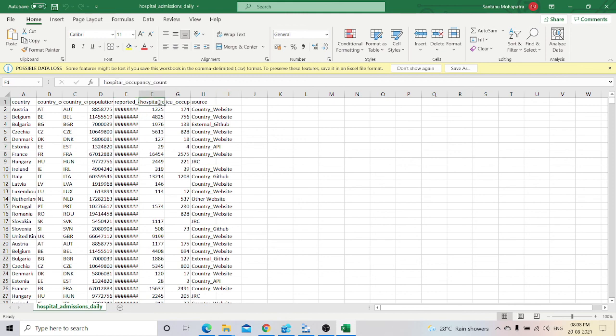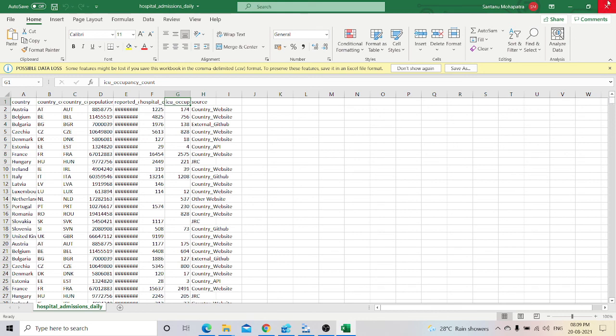And then over here is the hospital occupancy count, which we can call the bed count, and here the ICU occupancy count. In some of the fields you can see null, meaning no data is available, but in most of the cases you will find the count. Note that if our data is the same, then we will get the same output.